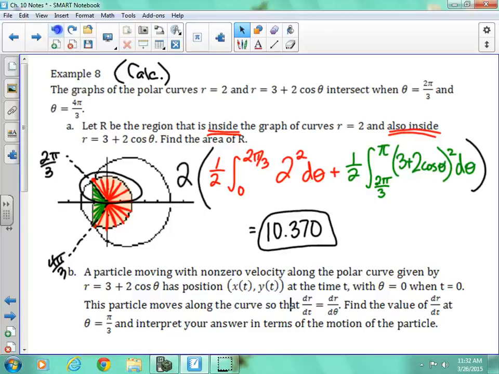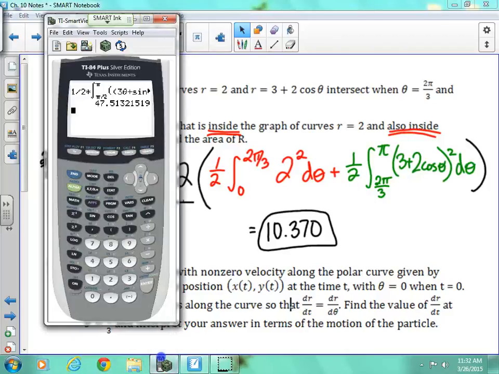But if you were to graph this, this could have been one. Remember simul mode? It lets us know how it's moving, how it's going. And I could have plugged in my 2, and I could have plugged in my 3 plus 2 cosine theta. I'm in my radian mode. My window, I'm just going to go 0 to 2 pi because I don't want to limit myself. I want to see as much as I can. And maybe I need to go bigger, maybe 0 to 4 pi or negative 2 pi to 2 pi. Either way. But then I could, in simul mode, I could see,